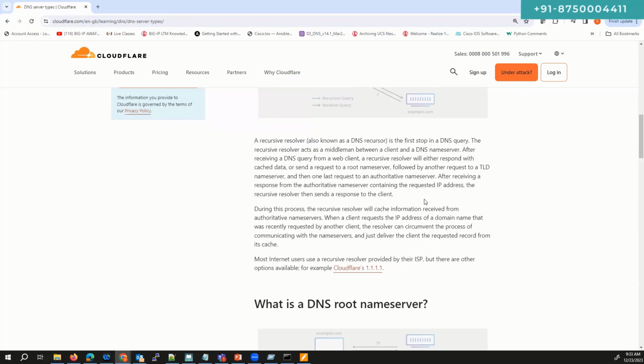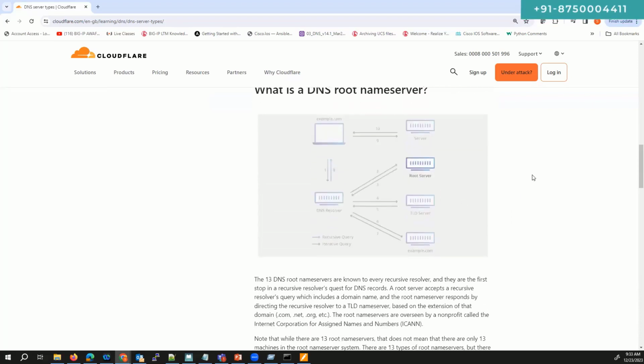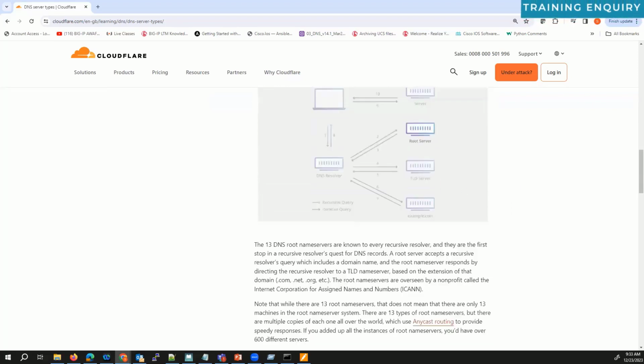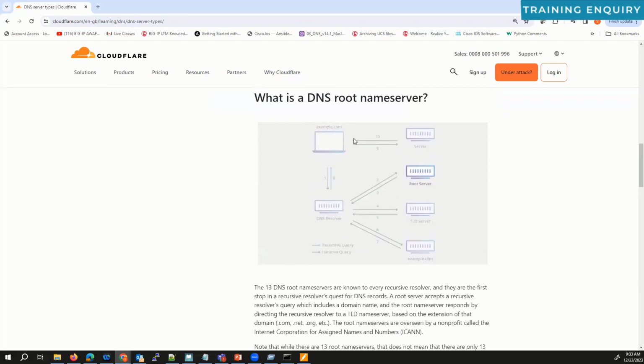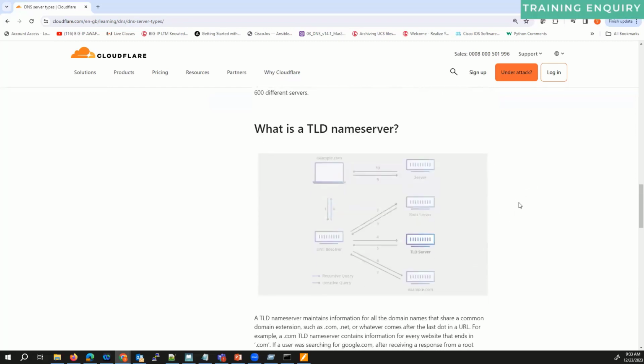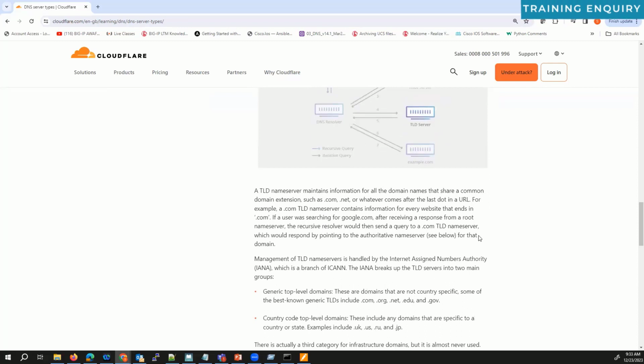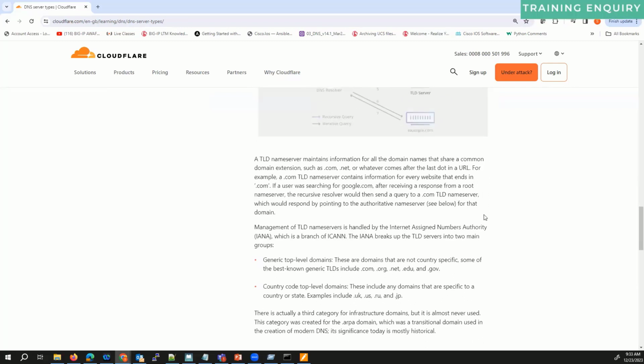So that's that. An authoritative name server will provide you the DNS response containing the IP address of the requested domain, right? So that's what you would see here, right? So what are the name servers basically? So first of all, you have got the root servers. I don't really have to explain that. Then you have got the TLDs like .com, .net. These all are called TLDs, and all the TLDs are responsible to maintain